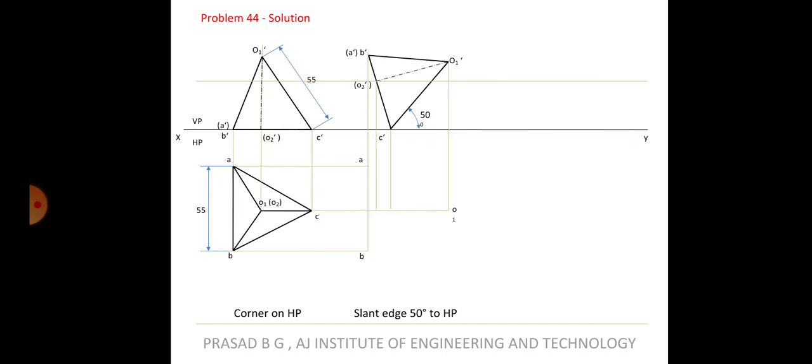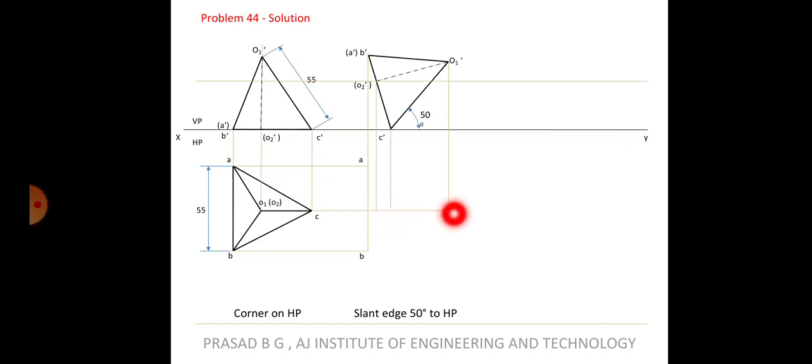Let's join the outermost boundary first. Our rules as usual, joining the outermost boundary. C is not yet projected actually. C will be here, right? So the projection of C dash and C will come here. This point will be C. O2 dash and O2 is here, so this point will be O2. Anyway, that will come inside, so it doesn't matter.